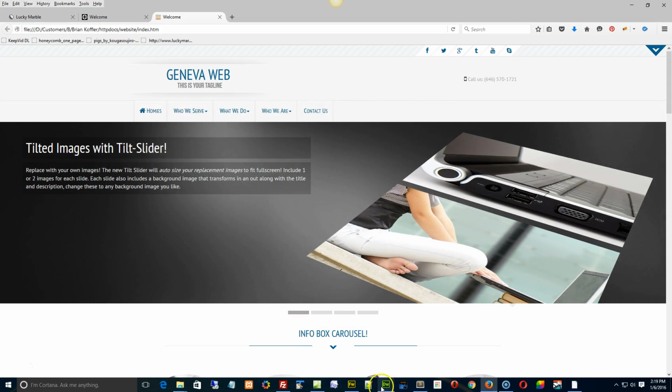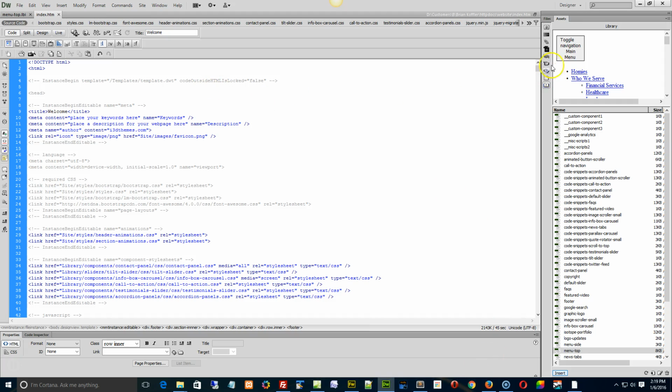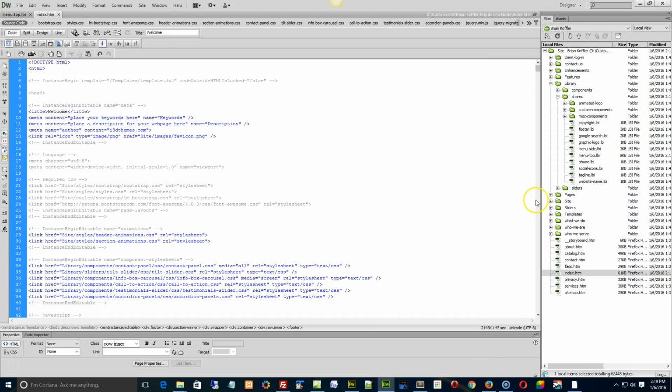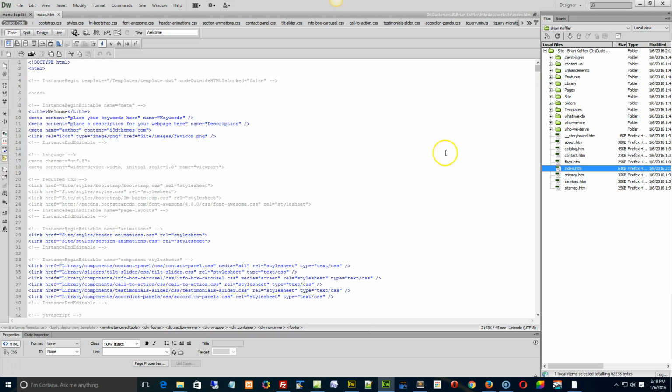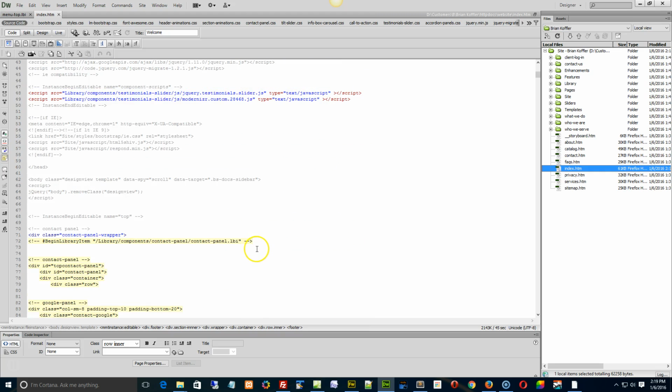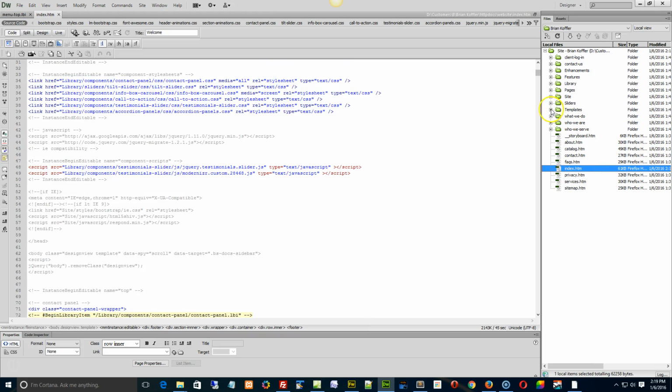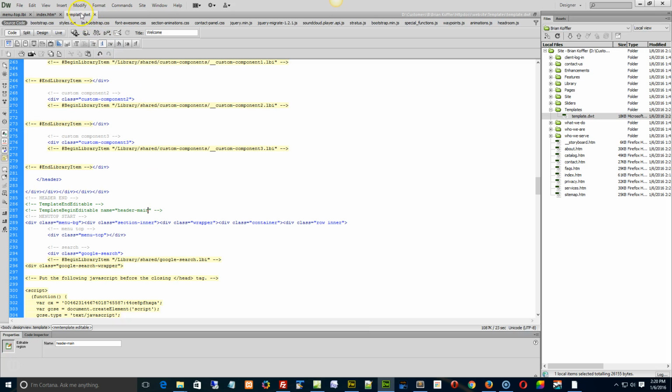Okay, so what we can do then, the only way to fix this is to go through each page now and replace that. I'll see if I can do a quick fix for you. I'll show you how I go about fixing this sort of a thing here. This is where the template DWT comes in handy. Let me see if I can fix it this way first. Okay, so what I'm going to attempt to do is, and this is where the DWT comes in, and it's really one of those things I caution on, and this is why I only do it in support videos,